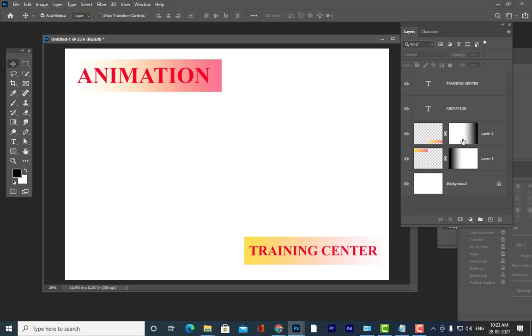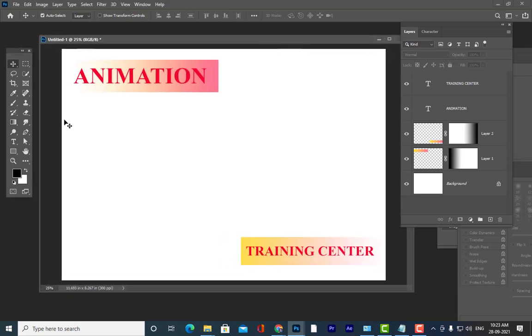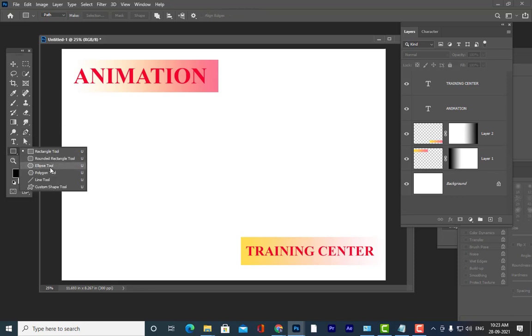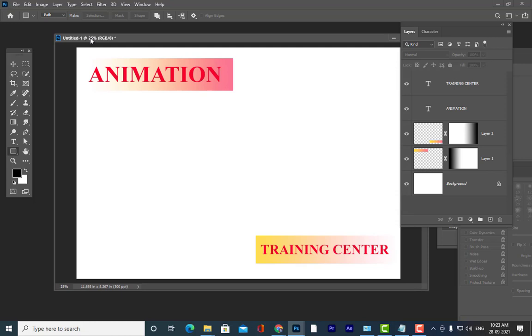Okay. So one more thing I want to tell you all is, there is one more mask actually. There is one more mask that we all have to know. I think I told you about the pen tool, right? I also told you about the shapes, ellipse tool, polygon tool, custom shape tool. All of you remember those things, right? Pen tool, this one. I think all of you remember, right?